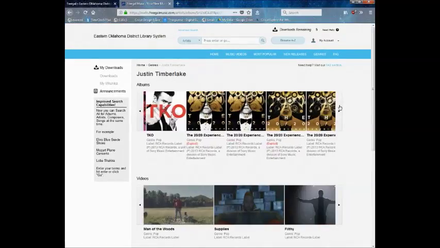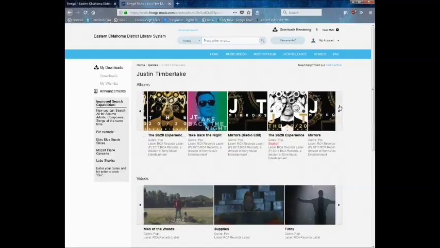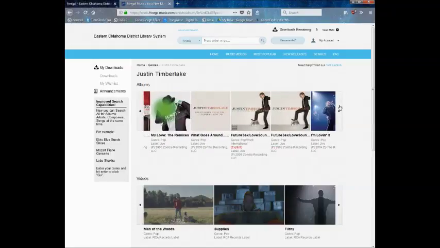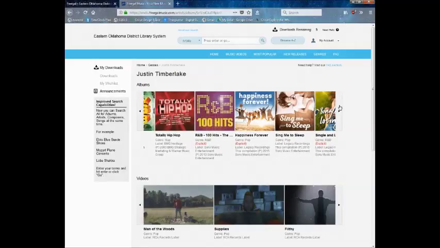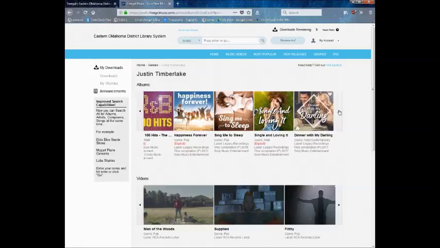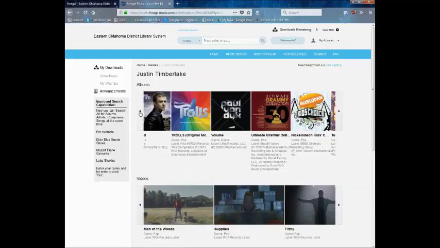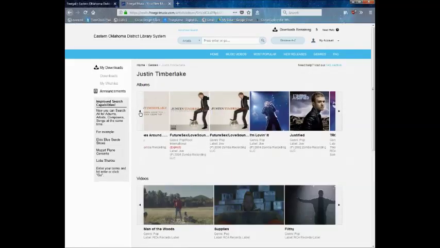So with that being said, here's all the albums that they own by Justin Timberlake. You're just going to scroll through to the ones that you may like. And a lot of them are just his albums, or albums like, as you see, the Totally Hip Hop or R&B 100 Hits, and some of his songs might be in there. So you get a lot of things like Under the Sun, which is fine, but you do have to kind of comb through. I'm going to pick Justified,